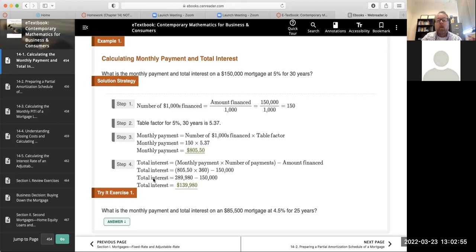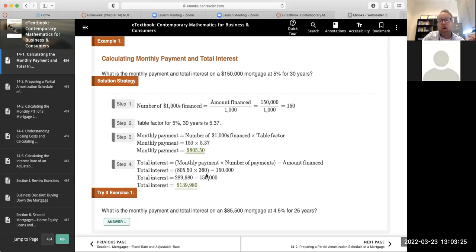So it says step 4, what is the total interest that you're going to pay? Well, you would take the $805.50 by how many years the loan is. The loan is for 30 years. You're going to multiply 30 by 12, right? Because there's 12 months in a year. So you're going to be paying $805 every month for 30 years, which comes out to 360 payments. So 805 times 360 means that you're going to pay a total of